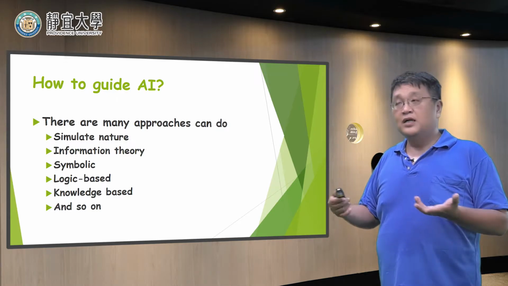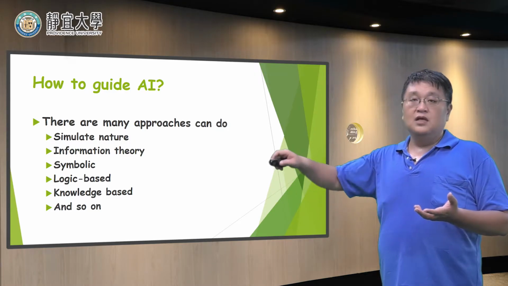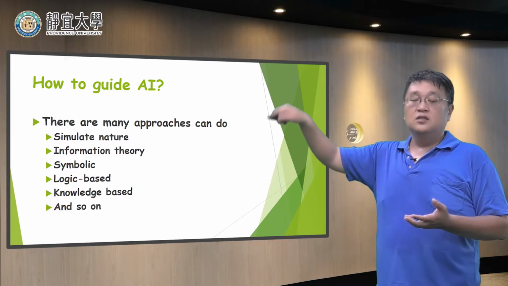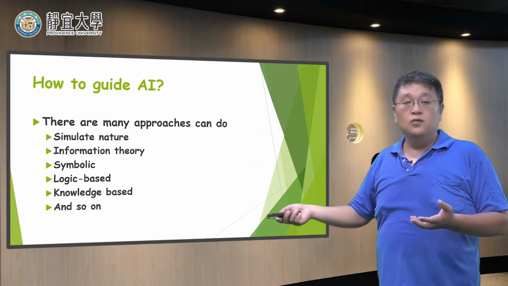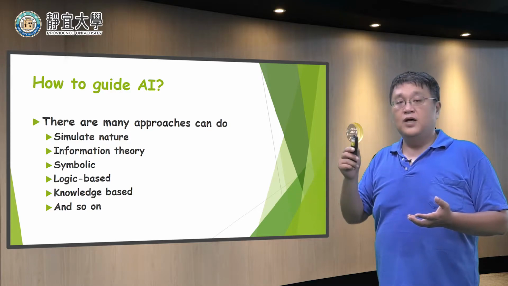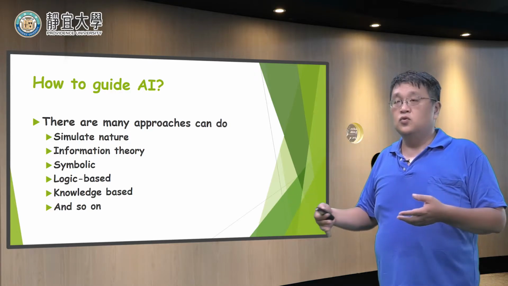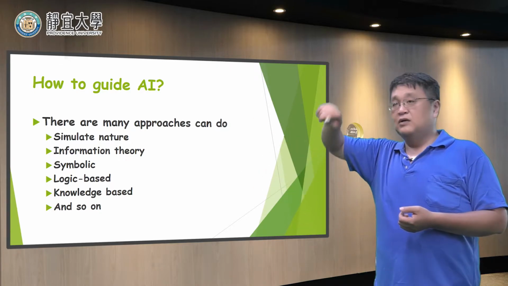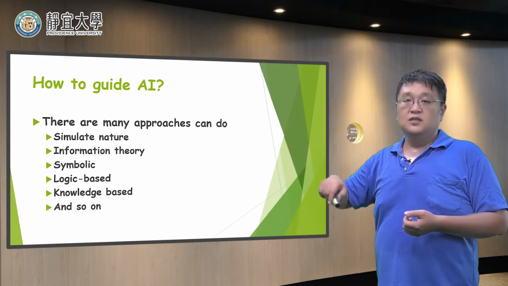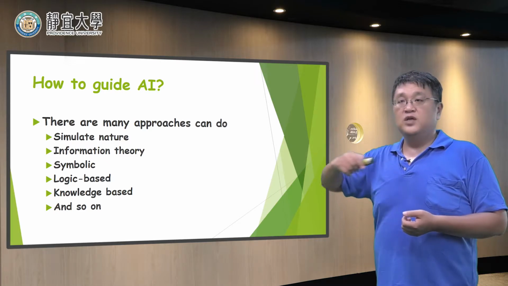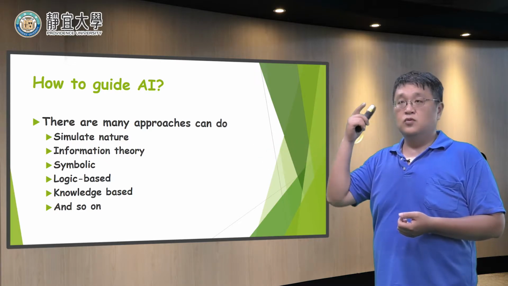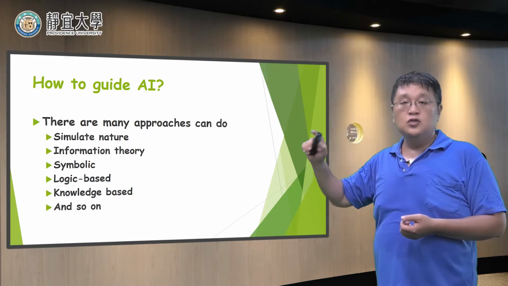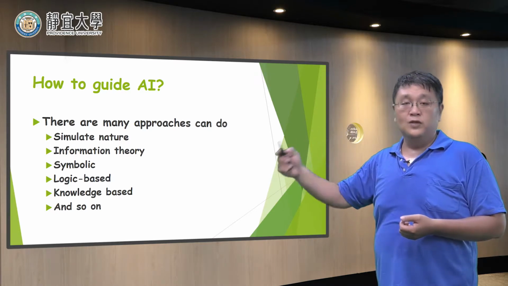Something like symbolic, for example, the circle and the cross will be yes and no. And symbolic, we always do that. Something like with the traffic, we know the stop sign, or the speed limit there, so we can know the symbolic. And also we can teach the computer to do that.